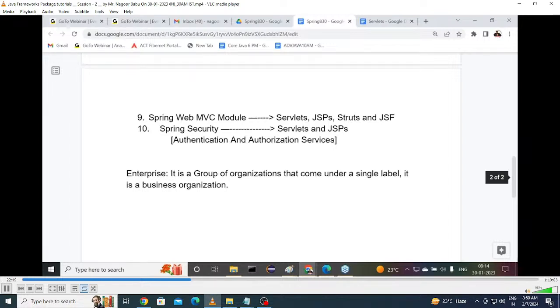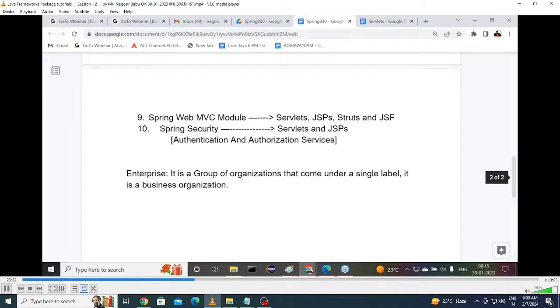For example, if Durgasoft is in the construction field, if Durgasoft is in food delivery, if Durgasoft is in some insurance domain, if Durgasoft has some real estate, if multiple domains are available for Durgasoft, then we can say Durgasoft is an enterprise. Get my point or not? So as of now, Durgasoft is not an enterprise. A roadside saloon shop is also not an enterprise. It is just a shop.